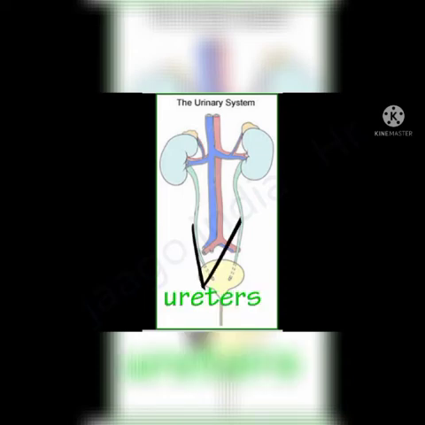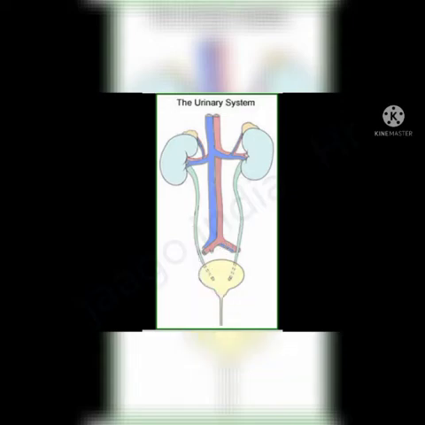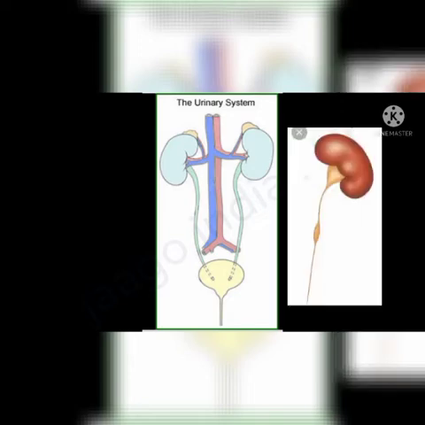Ureters are the pair of whitish narrow, distensible and muscular tubes of 30 centimeters length. Each ureter arises from hilum of the kidney. It moves downwards and obliquely opens into the urinary bladder. Ureter carries urine from the kidney to the urinary bladder. The movement of urine in the ureter is through peristaltic movement.